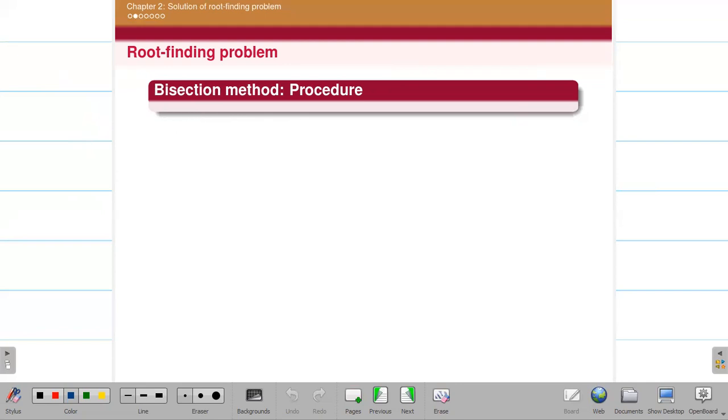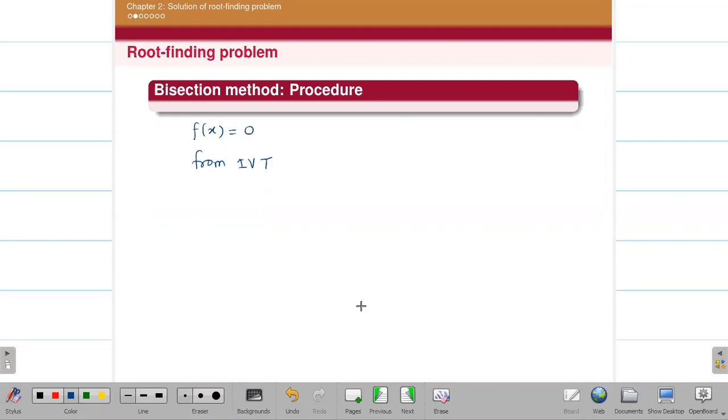So suppose you have a given equation f of x is equal to 0. First you ensure f of x is a continuous function, and from IVT, the intermediate value theorem, by taking random points, first I will put 0, then 1, then 2. If you are getting the same sign, then you can put 3, 4. So at last, suppose you are getting 4 and 5. So 4 and 5 will be your interval in which your root will lie.